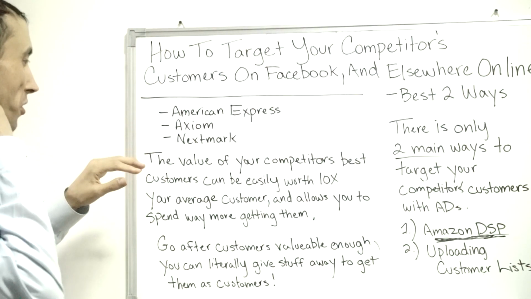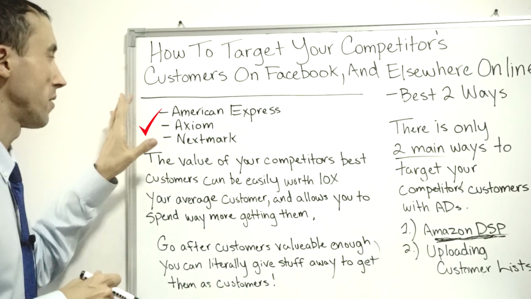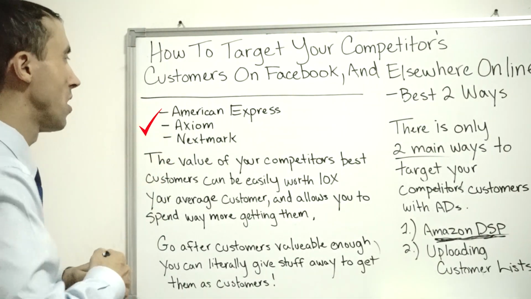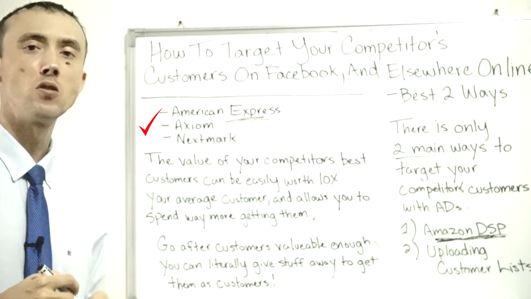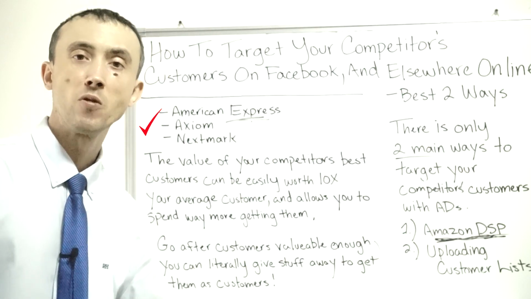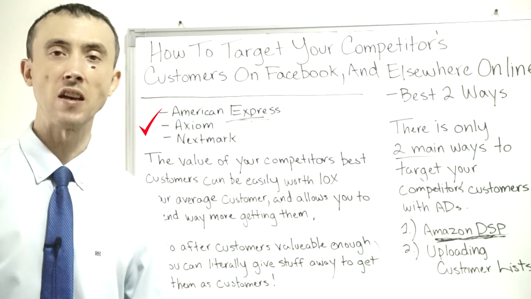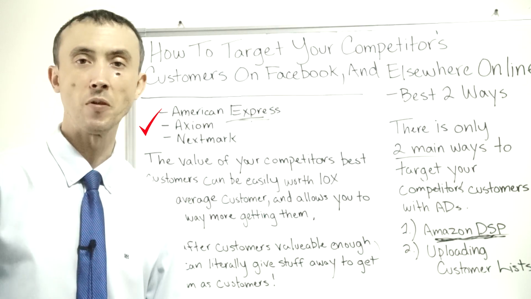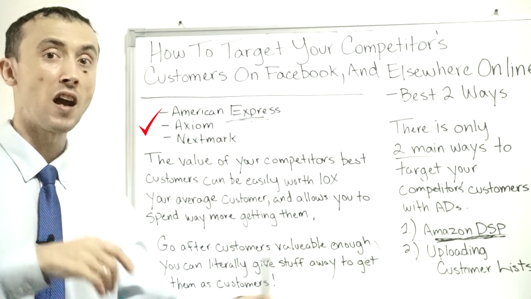To get access to the list, you simply have to go to one of these three sites or sources. First of all, American Express: all of their customer data, they allow you to get access to just people who buy from Italian food restaurants, which is something we've done before. You have to reach out to American Express's appropriate department for this. They'll lease you the customer data so that you can then upload it to your ad accounts.